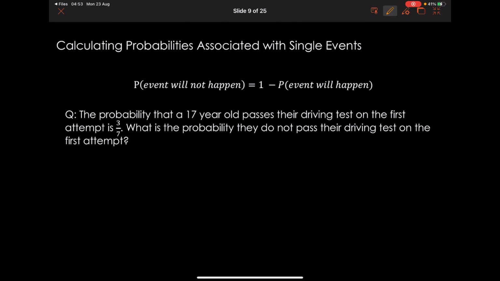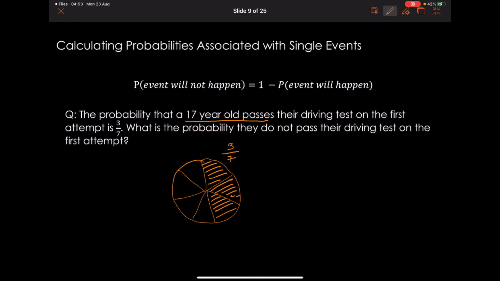Alright, now if you're not sure about fractions, what it's saying here is that the probability that this 17-year-old passes is 3 out of 7. That means if we drew that as a diagram, now I'm sorry, but this is not going to be very good, 1, 2, 3, 4, 5, 6, 7-ish. They should be equal. The probability that he passes is 1, 2, 3 out of 7. That means the probability that he doesn't pass, in order to get a whole one, is 1, 2, 3, 4 out of 7. Okay, because 3 over 7 plus 4 out of 7 is 7 out of 7, which is